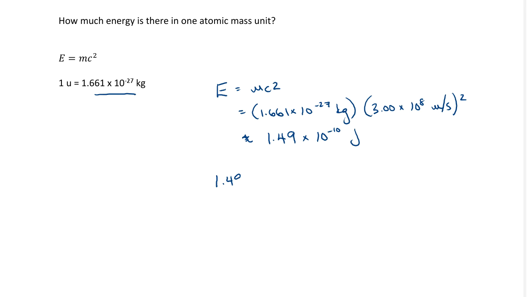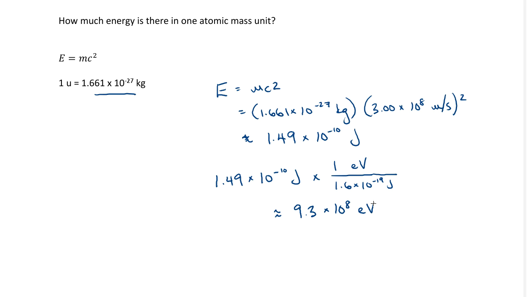Remember that to do that, we need to multiply by a conversion factor, and that conversion factor is that 1 electron volt is equivalent to 1.6 times 10 to the negative 19 joules. Remember, an electron volt is the energy that is gained by 1 electron, 1.6 times 10 to the negative 19 coulombs, as it passes through a potential of 1 volt. So this is our conversion factor, and when we multiply that out, we get approximately 9.3 times 10 to the